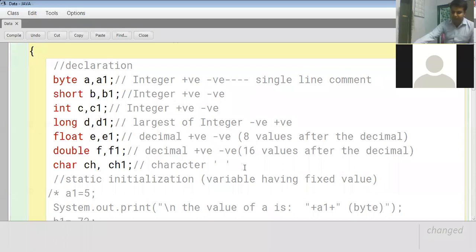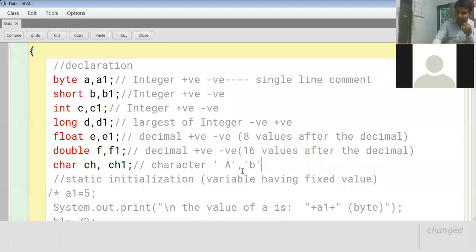But mind you, there are some limitations. Only one character can be written inside the single quotation. If you write capital A in the single quotation, this is correct. This is one of the correct examples of the character data type. If you write a small letter b, this is also a perfect example.